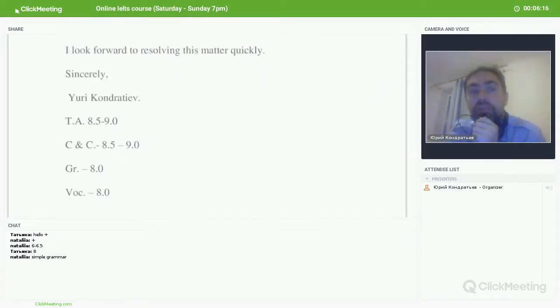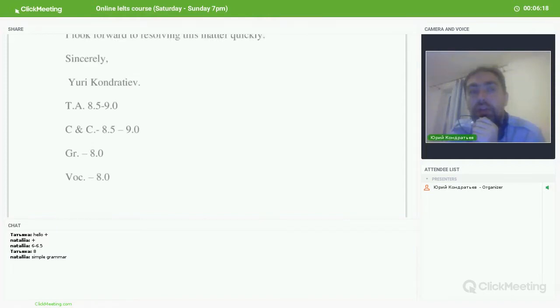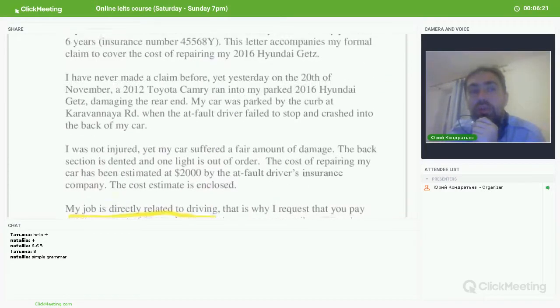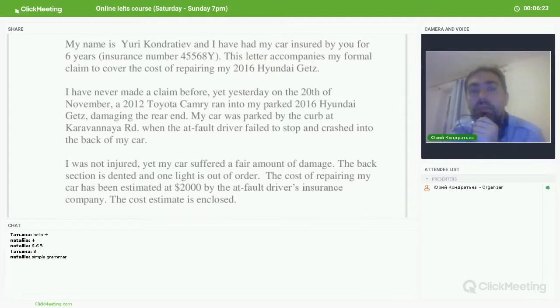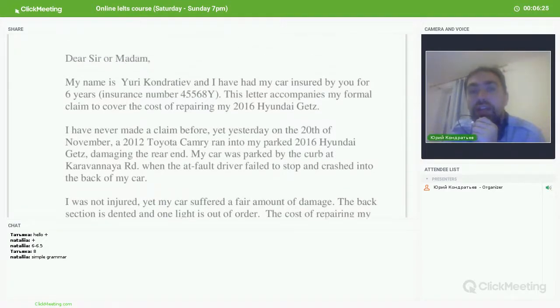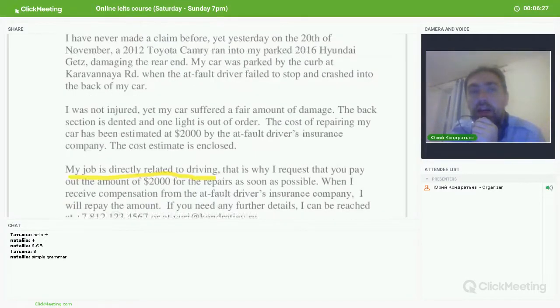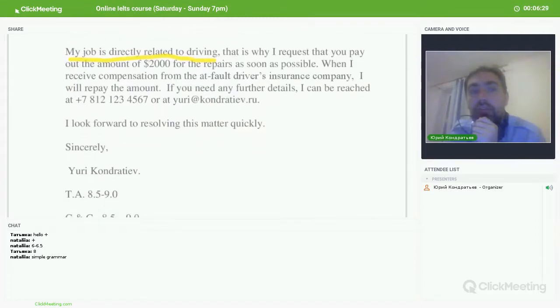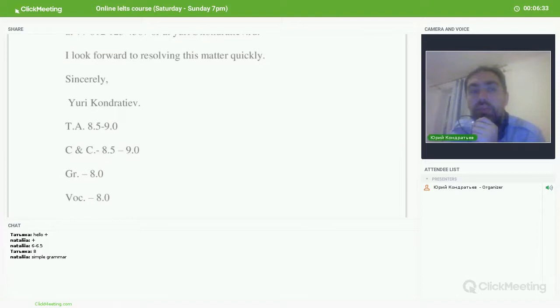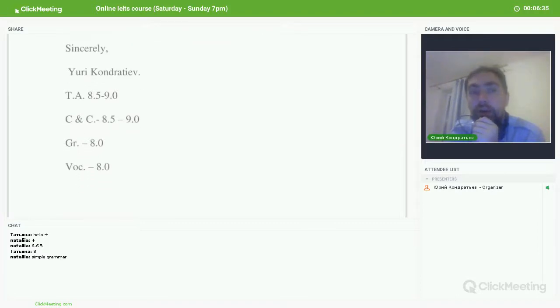Right. So in coherence and cohesion, that will also be 8.5 because there are paragraphs. They follow the structure of the task exactly, and so that's 8.5. And the structure of the letter, so it has all the parts, all the traditional parts of the letter. Then grammar, it would be 9 in accuracy and 7 in grammar range.